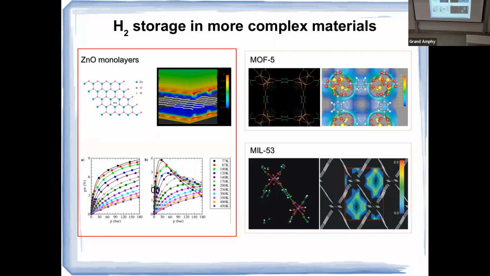This is the gravimetric capacity. Here I present two things. On the left is the gravimetric capacity as I have shown you before. And on the right, you have what is called the excess gravimetric capacity. That is the amount of hydrogen that you have absorbed, but subtracting how much hydrogen there would be in an empty tank without the nanostructure.